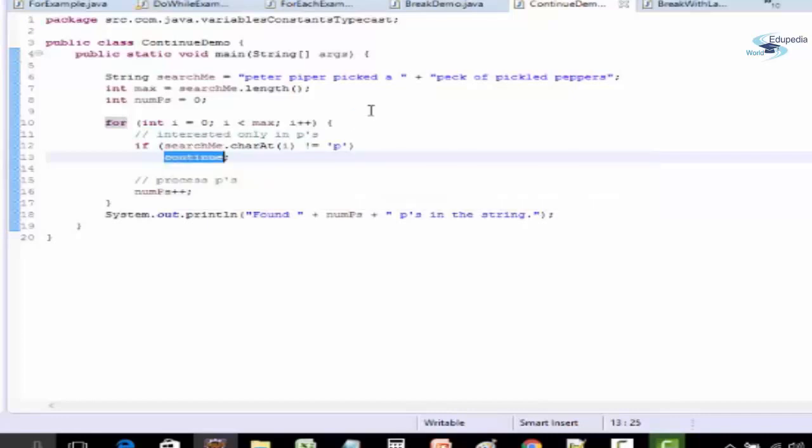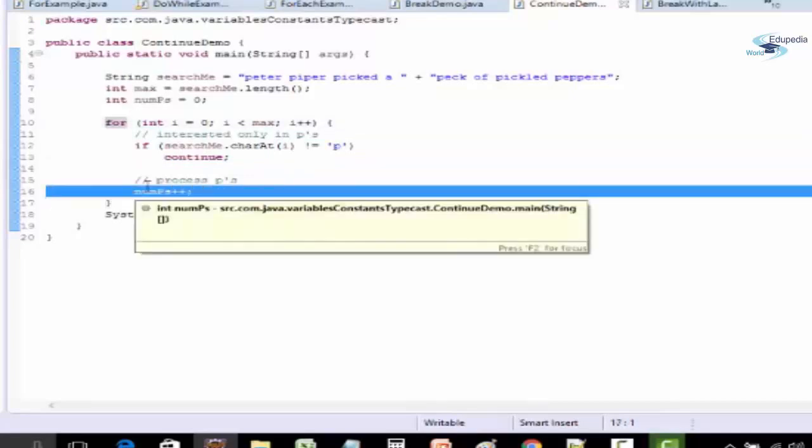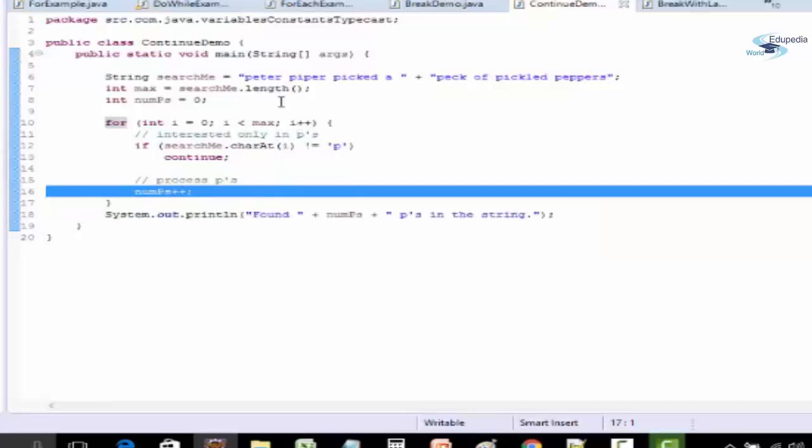So now when the continue gets executed, I told you whatever is written beneath the continue inside the for loop will be skipped. So inside this for loop, beneath the continue, we have this line. So this will get skipped for that iteration. So now for e, that is i equal to 1, we are not going to increment numPs. It will skip whatever is written beneath it and it will skip that iteration and i will immediately become 2 and it will check for t.